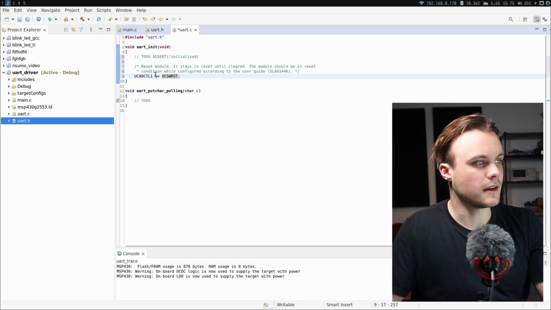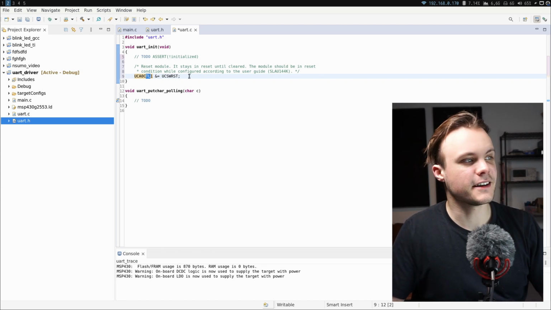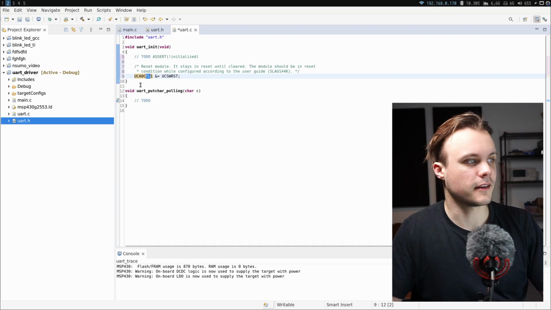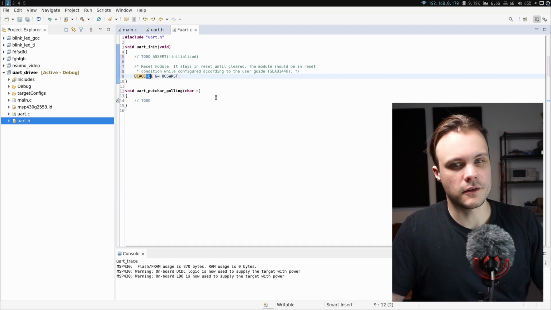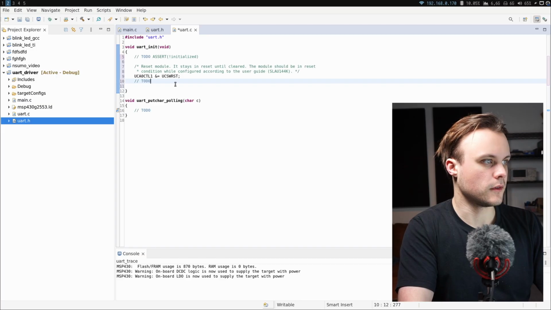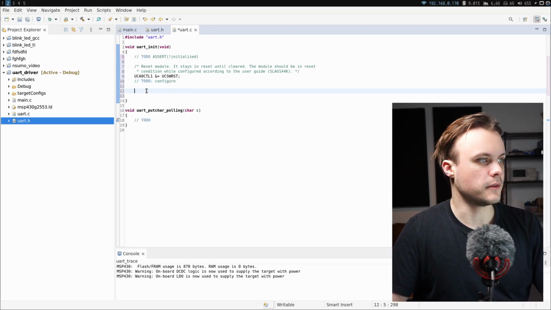So I begin by putting the module into reset. And I also like to add a clarifying comment on why I do this. Just in general, I think it's nice to put some comments next to the register writes to make it more clear when you're reading the code, so you don't always have to refer to the datasheet and you can just read the code to understand what's going on. And here I'm going to configure it, and then I need to clear reset to leave the reset condition